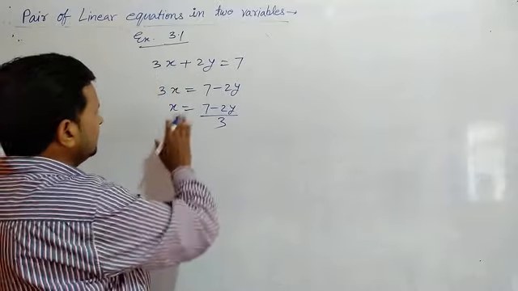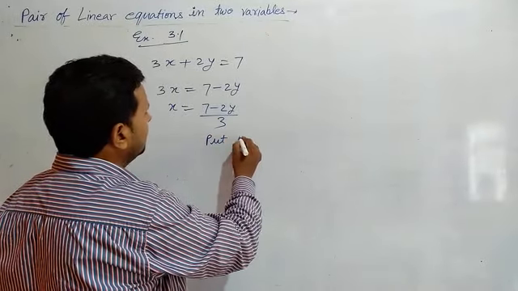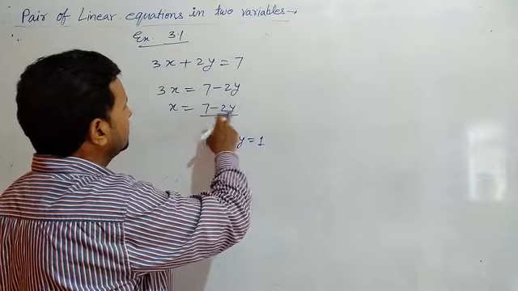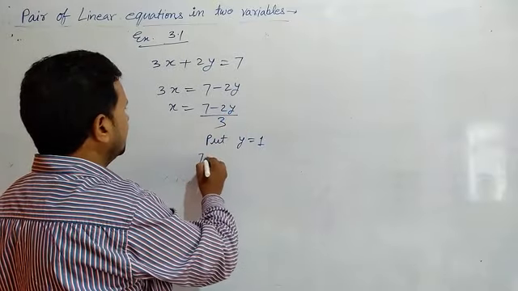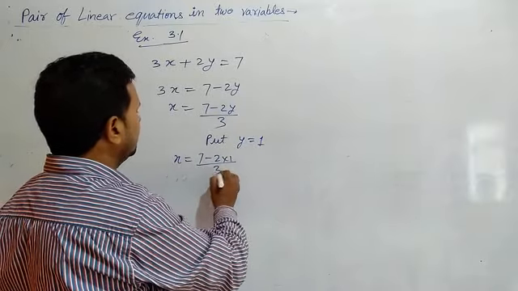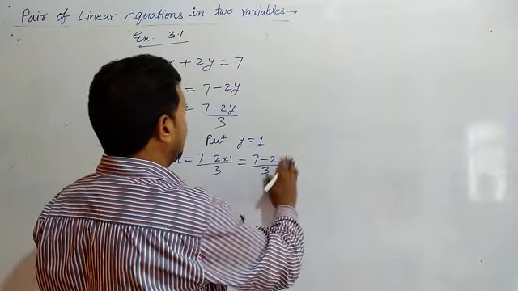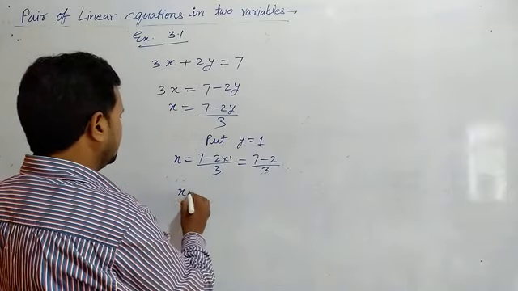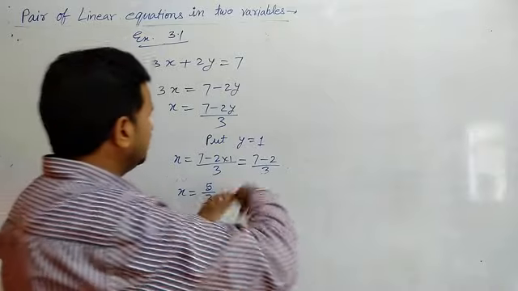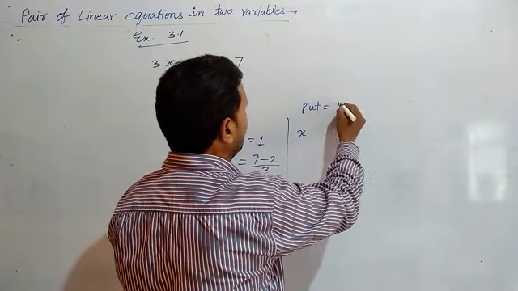Okay. In this case, if we put the value y is equal to 1, see here, x is equal to 7 minus 2 into 1 upon 3, which is 7 minus 2 upon 3, so x is equal to 5 upon 3. Okay. If we change the value, suppose that we put y is equal to